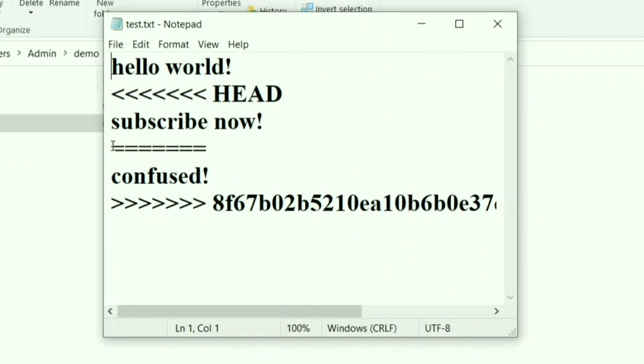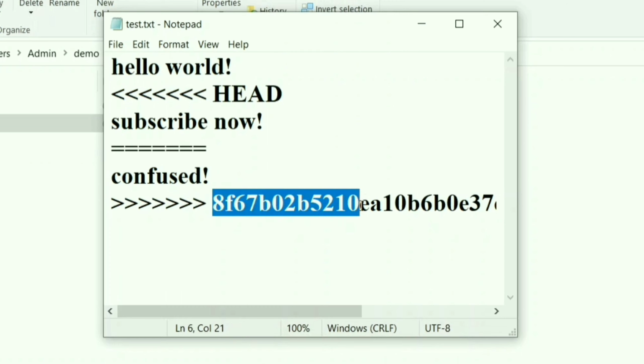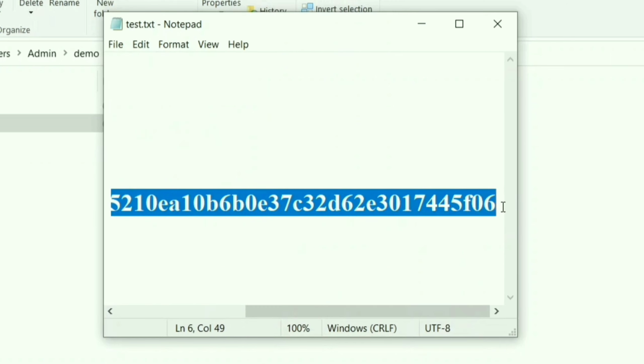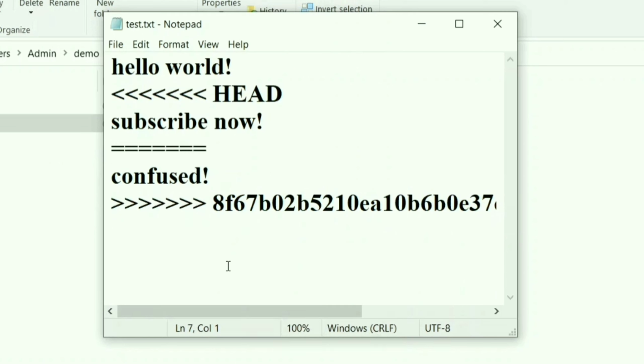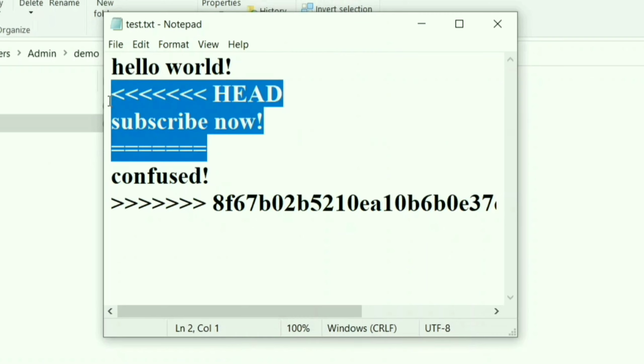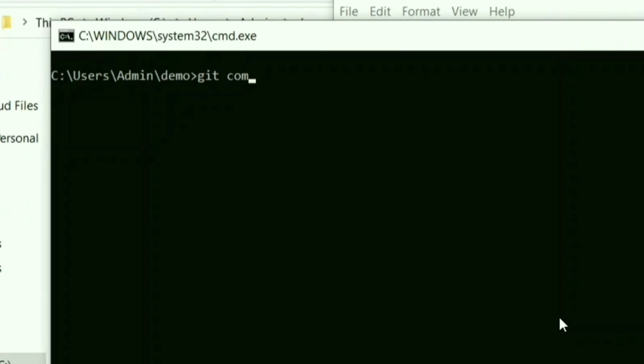So it is basically showing you the changes you have committed earlier and then the changes your team member made. This is nothing but the commit hash. Each and every commit has a unique hash number. It is added here to show you in which commit the conflict arose. Now you can choose which line you want to keep and which one you don't want. Here I am okay with "confused", so I am removing my local changes. Let's commit the changes again and push it to GitHub.